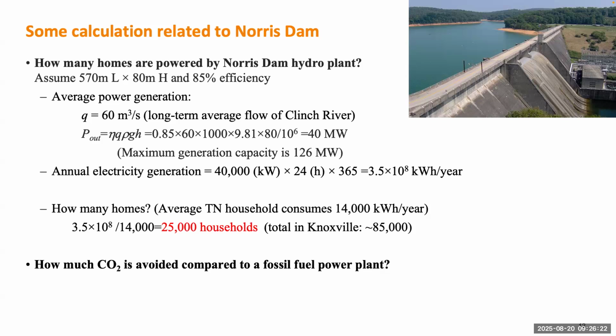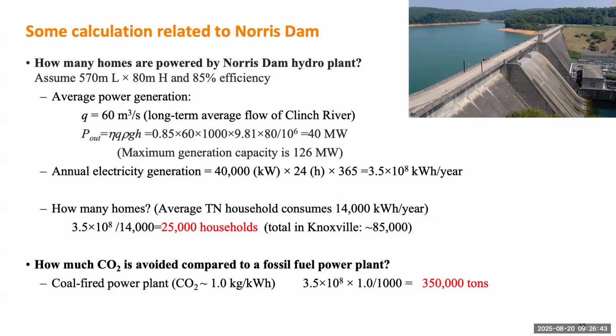So if I don't have this hydropower plant, but I build a fossil fuel power plant, I can build about the same size. It's a 40 megawatt power plant, but it will generate CO2. So let's see how much CO2 is avoided by using this hydroelectric power plant instead of a fossil fuel power plant. If I replace this one by a coal-fired power plant,